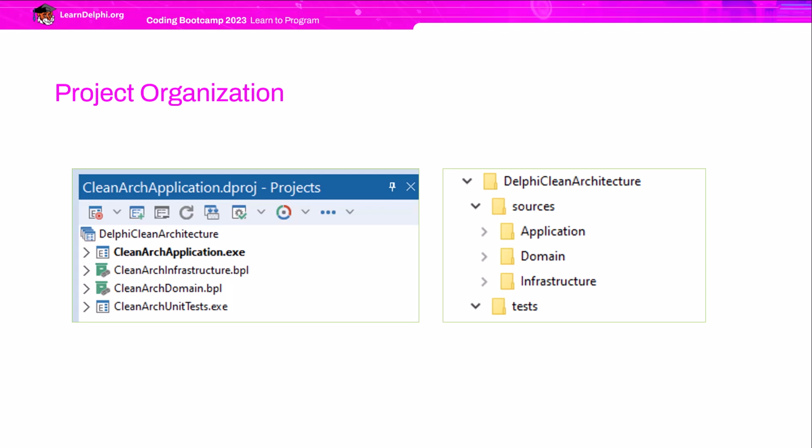However, if you prefer, you can organize the code within a single project and separate responsibilities into folders. In this case, you'll need to manage the organization manually, which could lead to more errors. On disk, the folders are organized as you can see in the image on the right side.